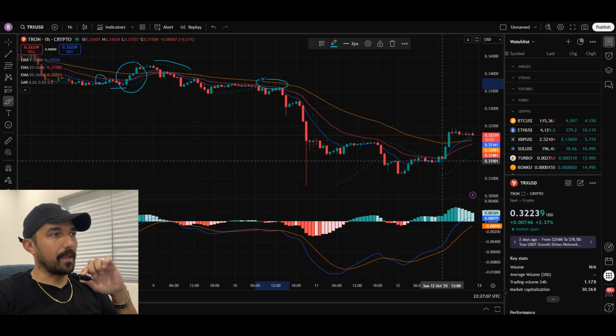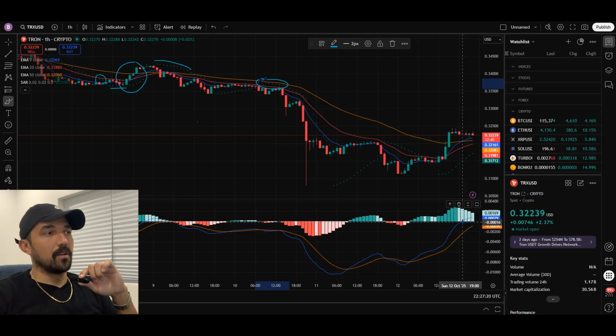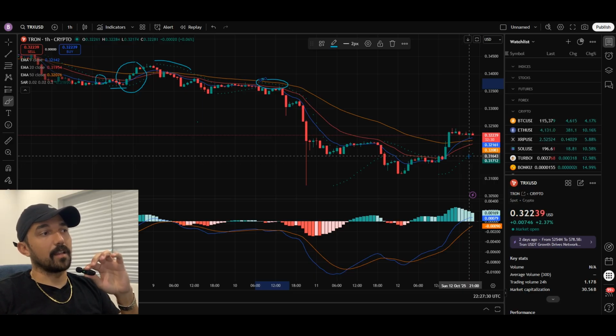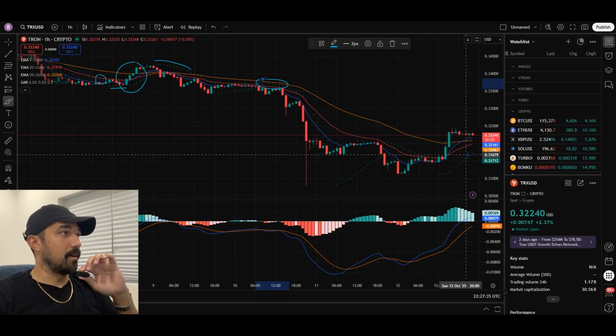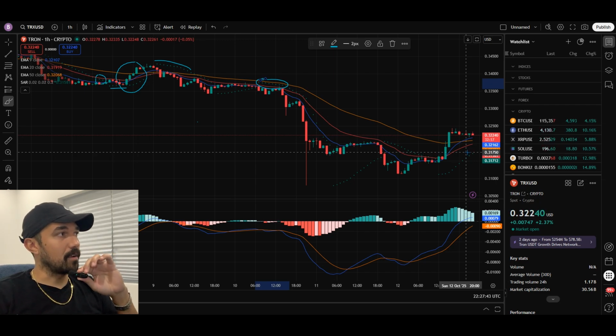We see the 9-day EMA blue line crossing over above the 20-day, and it's made its way above the 50-day, right? And also on the MACD, we see the 9-day crossing over the 0 line. So this is a strong indicator that we're going to see a really nice recovery, and we're going to be entering into another uptrend, right? Which is good news because it's been a rough weekend, right? It's been a really low weekend. So I think this is a good sign for Tron,